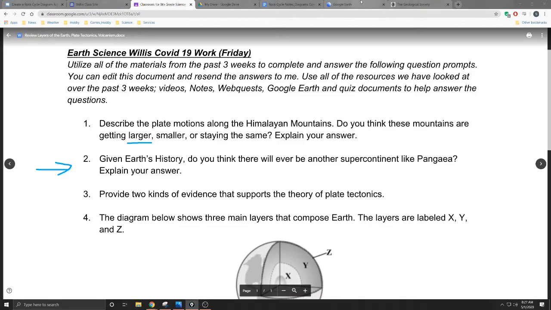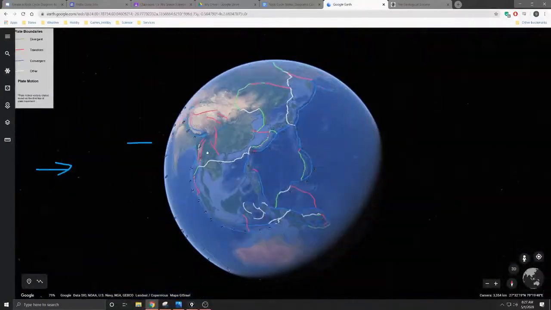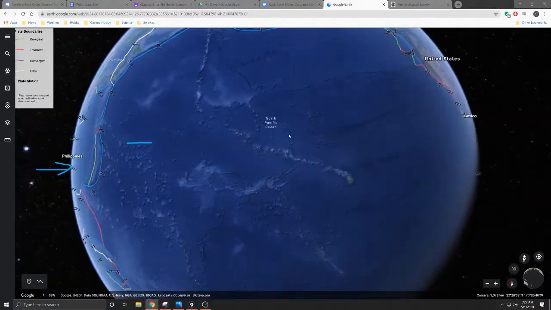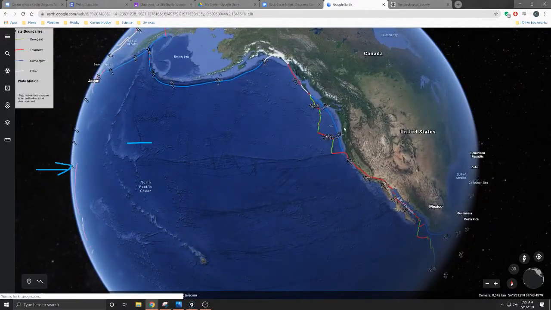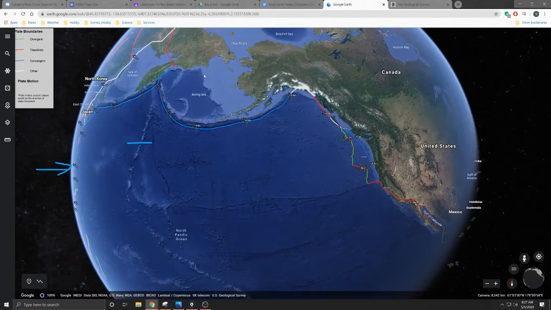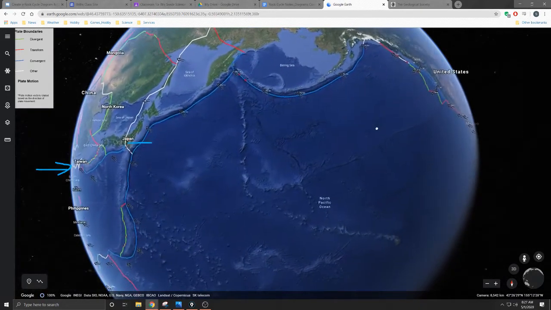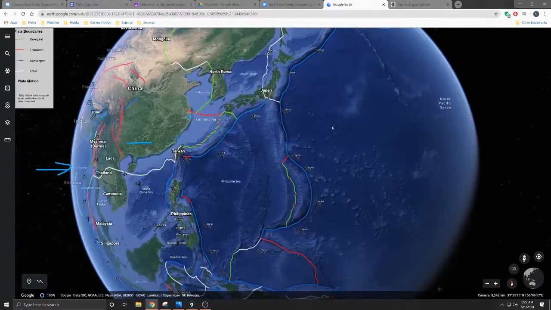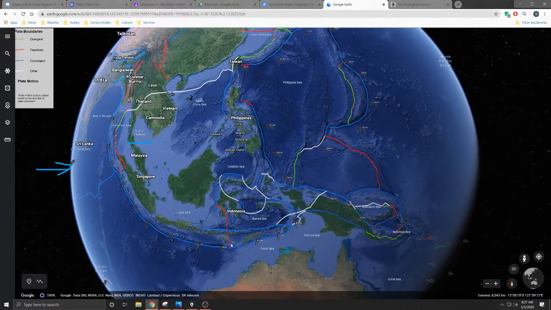If we go back and take a quick look at Google Earth again, we can see the overall movement of these plates. That's a little too far out, but we can see that parts of the plates, the Juan de Fuca plate here, are colliding with this. North America is moving towards the northwest. We've got movement here. We've got Australia and Micronesia, Indonesia all moving towards the Asian plate.